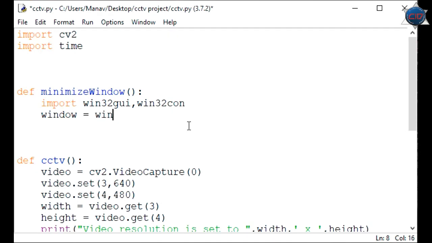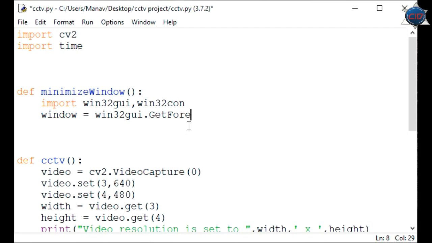Now getting the window which is going to be minimized by calling win32gui.GetForegroundWindow, that means the one on which we are going to click. So the foreground window will always be our camera because we'll click on that.